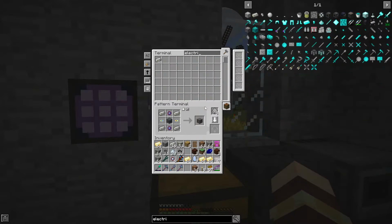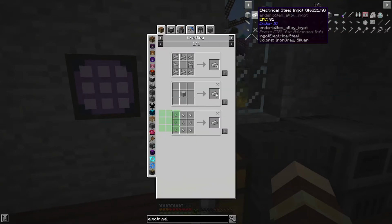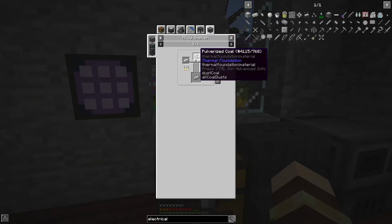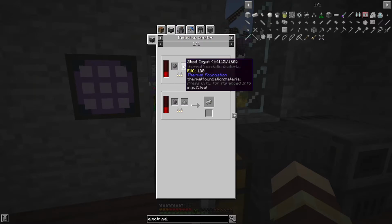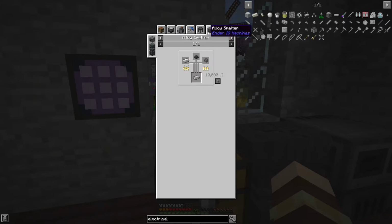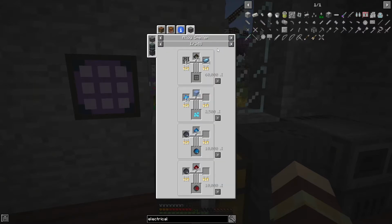So electrical steel, you can make either in, this is going to get annoying. I have to find out whatever that configuration option is. You can either make it in the alloy smelter with iron, pulverized coal, and silicon, or you can make it with steel and silicon in an induction smelter. I think this is the way to go, because we can make way cheaper steel without having to do this. And then this also requires us to pulverize the coal, blah, blah, blah. So I'm not going to make electrical steel in the alloy smelter, but what I will do is make,